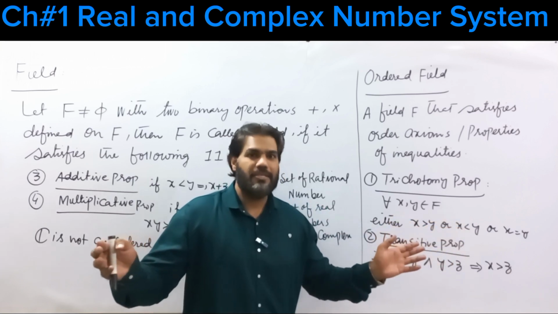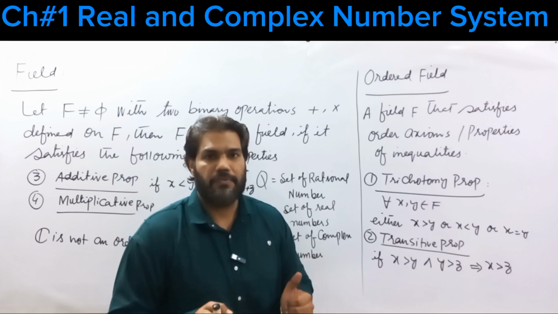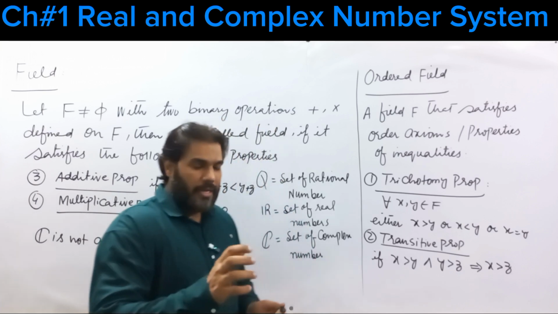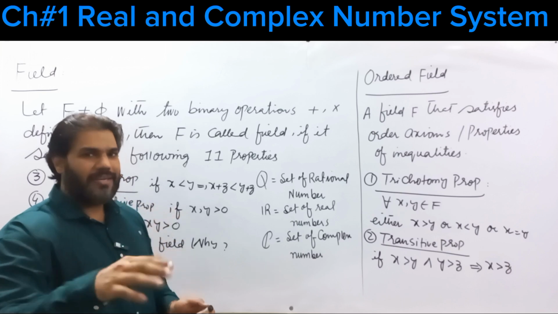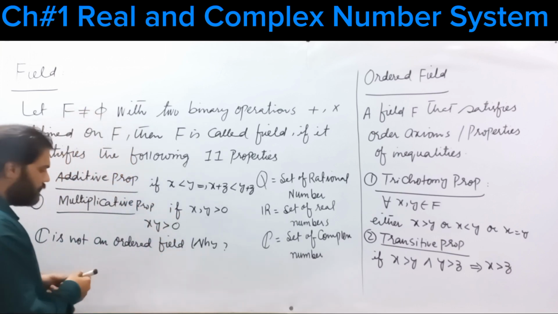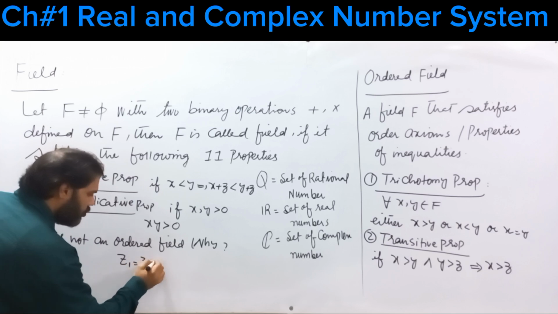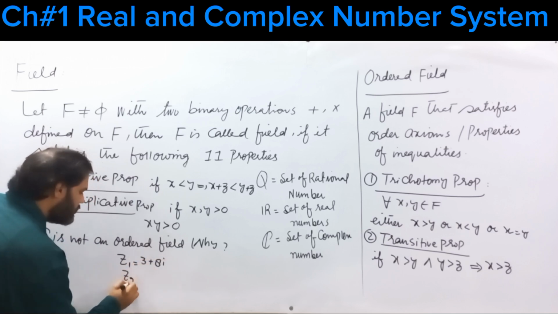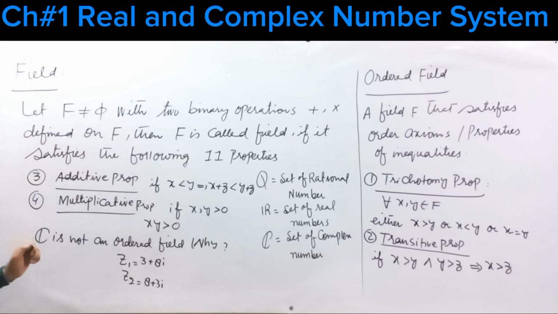So this represents the comparison between the elements of the field F. Now, in complex numbers, you know that you cannot compare any two elements. For example, if the first complex number is z1 equals 3 plus 8i, and the second number is z2 equals 8 plus 3i,